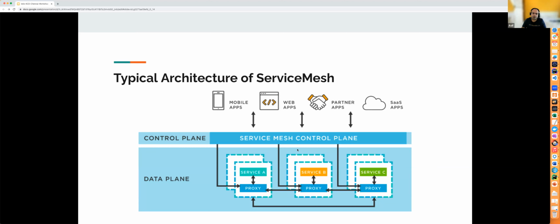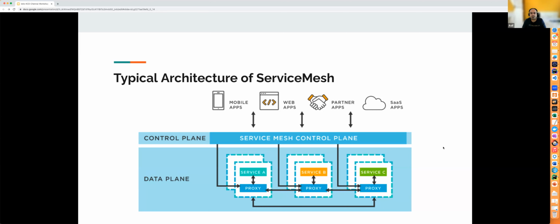Then these configurations and policies, when needed, will be pushed down to the proxies. The proxies are basically our frameworks where all of the actual data plane work happens. When the call is going to connect from service A to service B, the service discovery and all of these things happen in the proxy itself. But how the proxy will behave, those policies come down from the control plane. So we are segregating the way the policies are configured in the control plane from the way the policies are actually used in the data plane. If you go to any service mesh in the market right now, all will follow almost a similar structure.